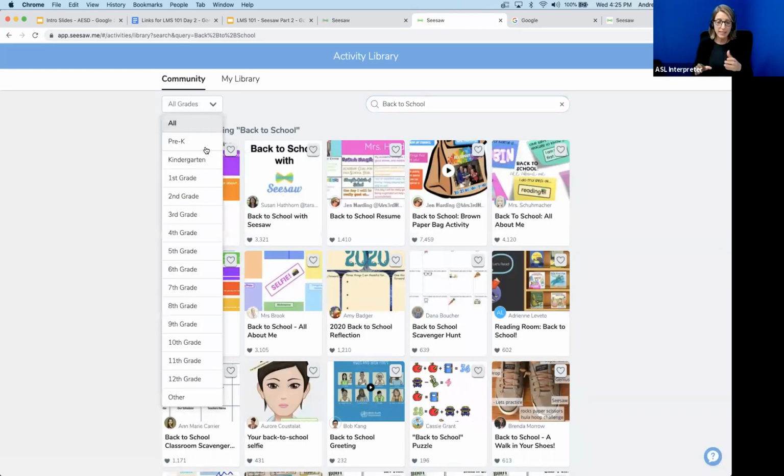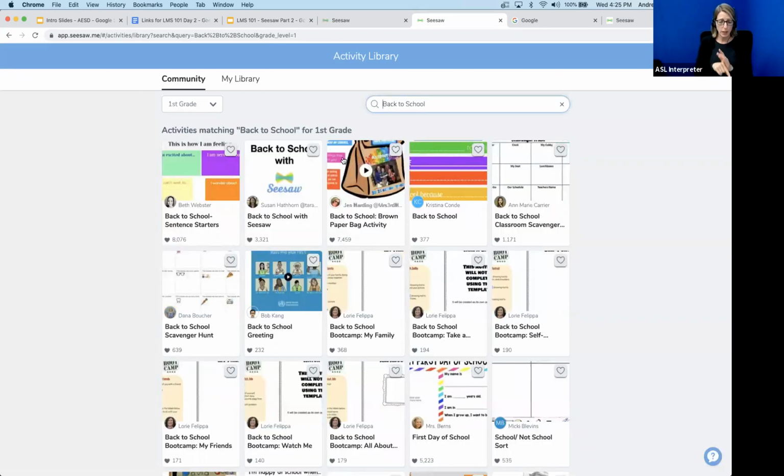I can search specifically for first grade. So here's some back to school first grade activities: back to school scavenger hunt, back to school greeting, back to school boot camp. My recommendation, look for the one that has the most hearts. The hearts means that they're being used in a Seesaw class. Remember, the heart means it's been assigned. So this one has